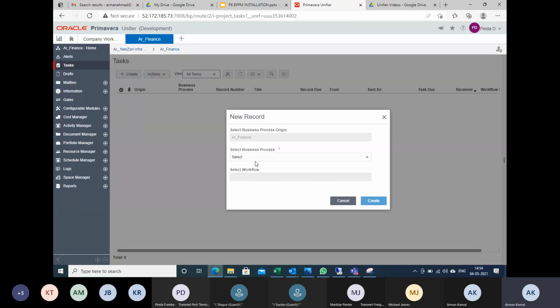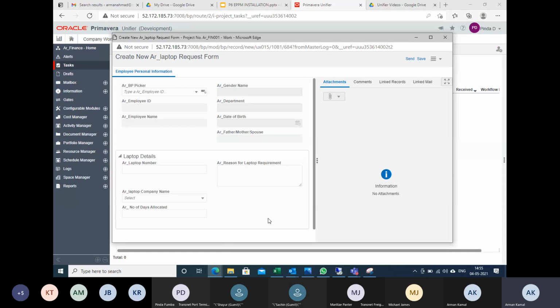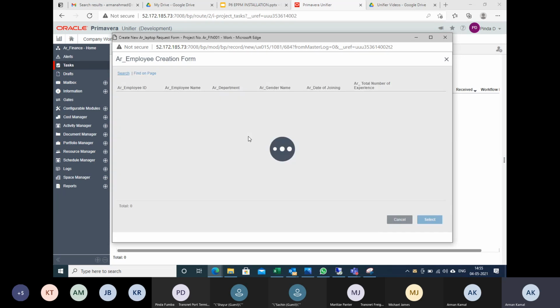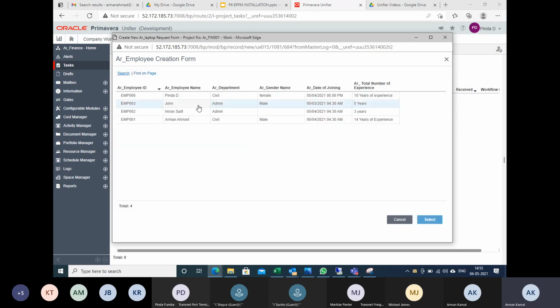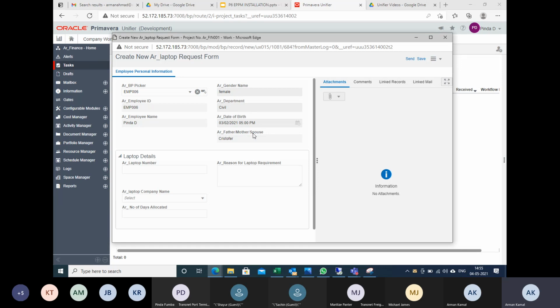Now I will click create. I can see that she doesn't have access to the employee creation form because she is not a manager. Only the laptop request is available. I will select this and create it. Now here I can access the employee directory and I will select this Pinda D. The moment I select it, all Pinda's details are auto-populated here. I will put some number.